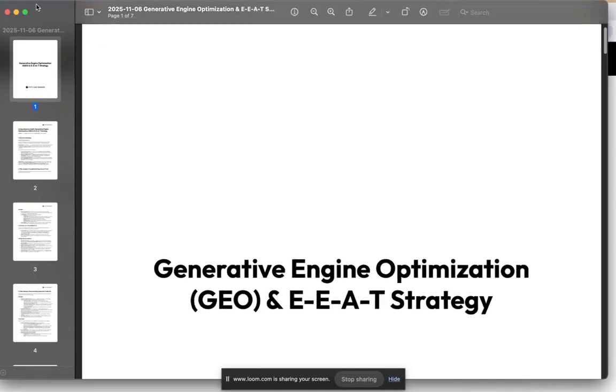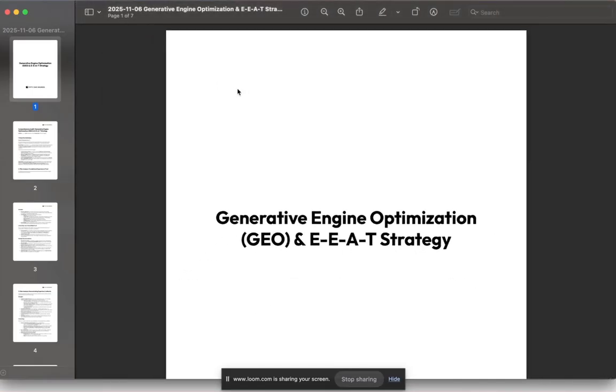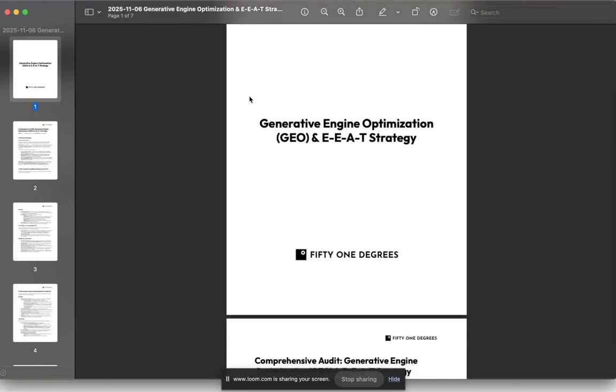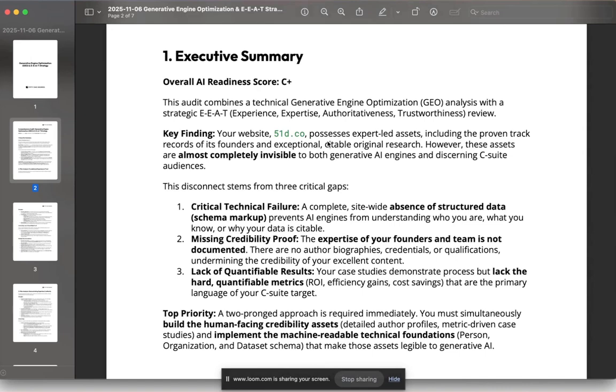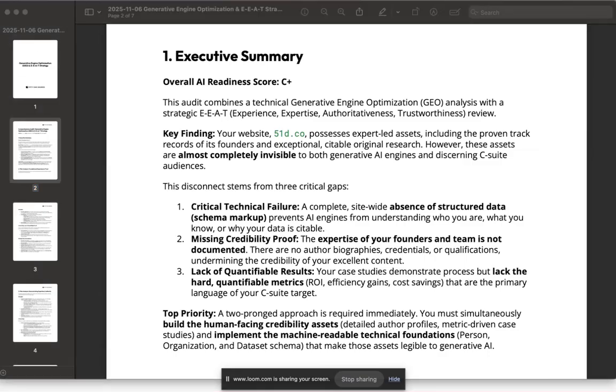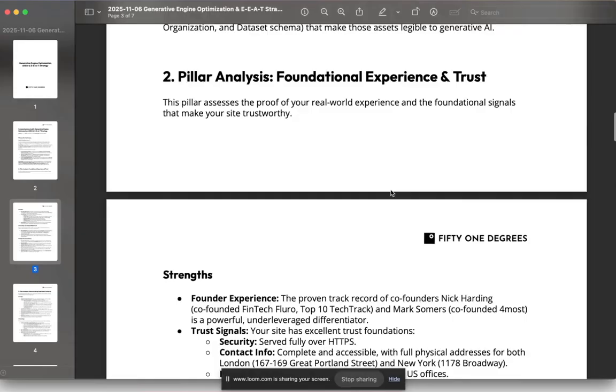So here is an example of a report written by that Strawberry browser agent, and it is on 51 Degrees. It has ranked the AI readiness of 51 Degrees' website as C+. Let me zoom in a bit so you can see more easily. It said there's a technical failure altogether in the absolute absence of a schema markup. The schema markup is that thing I just mentioned, directing the browser to say who are the people behind this business, what's the credible proof that this business has done interesting stuff, et cetera. It then goes into more detail in each of the sections.